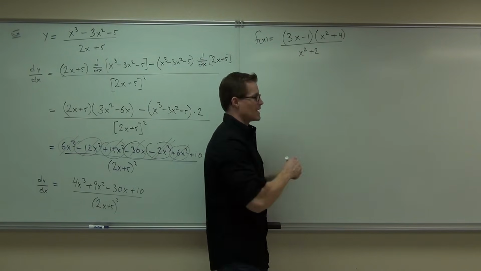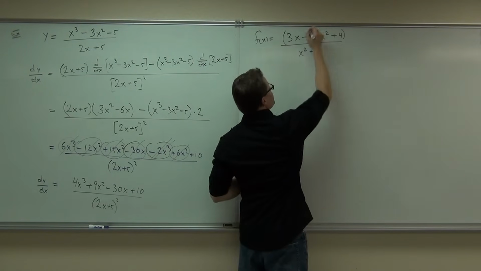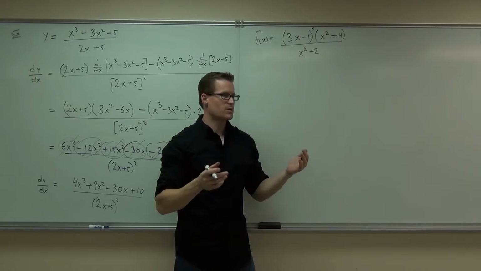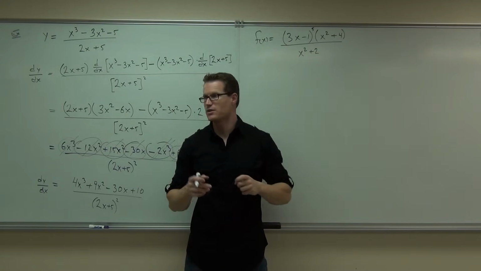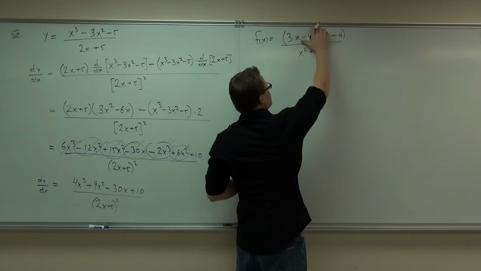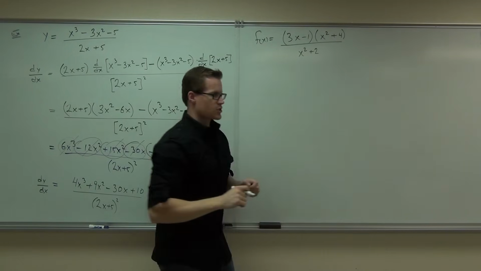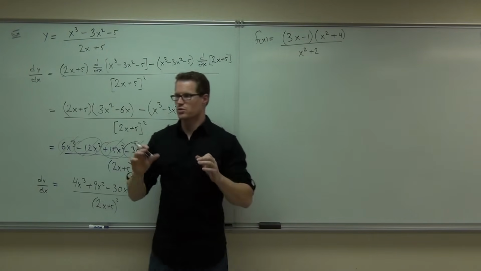Because if I do one thing, you can't do it anymore. If I gave you like a 5, well, you definitely wouldn't be distributing that anymore, right? So you better learn the other way, because I'm certainly going to give you something like that. You're going to need to be able to do it. So we're going to learn how to associate the product rule with the quotient rule and use a rule within